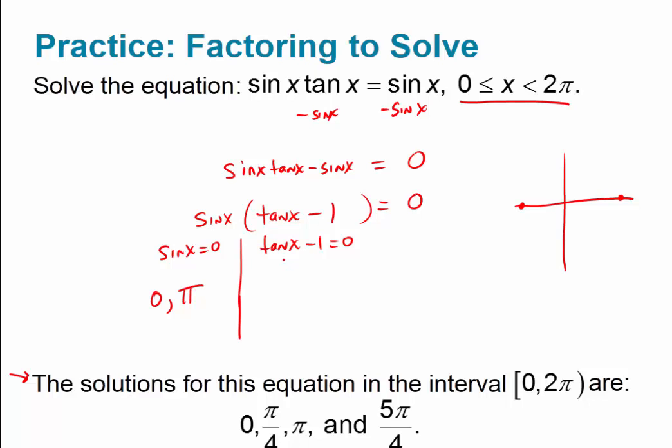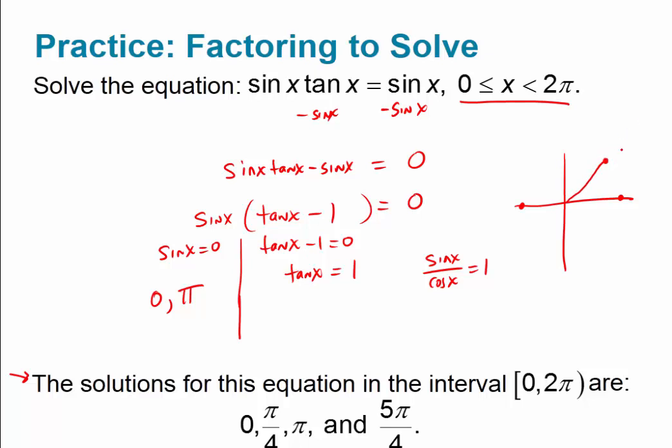Now I want to solve this little mini equation here. Tangent of x minus 1, so I'd add 1 to both sides. And I say, okay, whenever the tangent of x is equal to 1, that will also be a solution. So I want to know where the tangent of x is going to be equal to positive 1. Well, remember, tangent of x is sine over cosine. So I'm thinking, when does sine of x and cosine of x equal each other? Because if sine of x and cosine of x are the same, that's going to be equal to 1. Well, there's more than two locations where they're going to be equal, but where they're going to be equal and give us a positive output value, there are two. One is right here, right at this 45-degree angle,